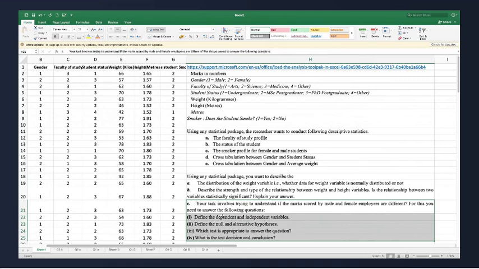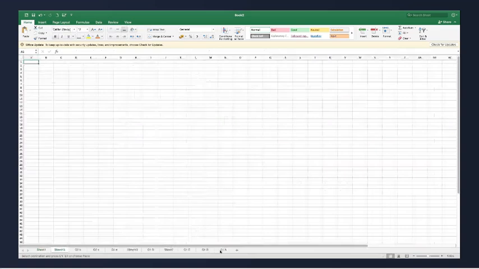You have to define the null hypothesis and alternate hypothesis, and which test is appropriate to answer the question, and which is the test decision and conclusion. So let's put this question in the new sheet. That is question number 2C.